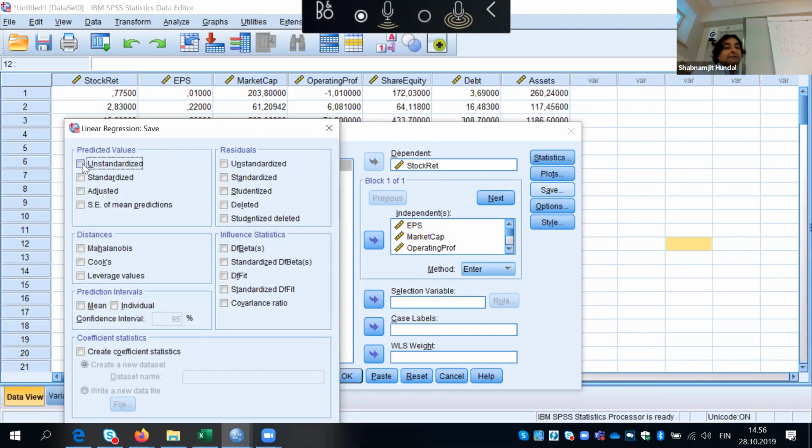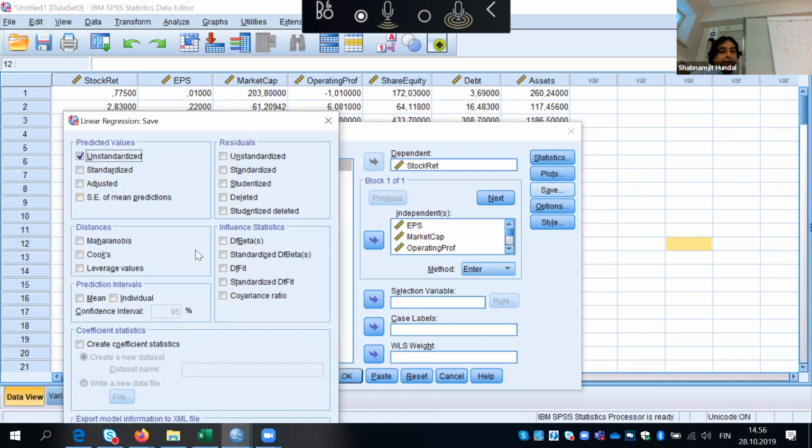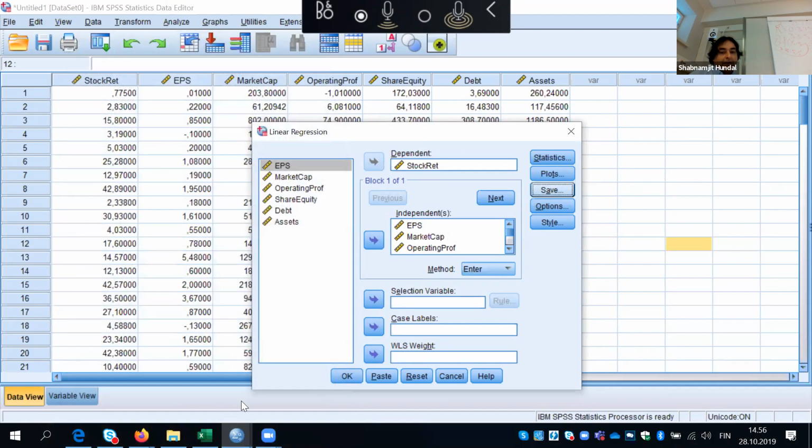And unstandardized. Unstandardized means the numbers, not the ratios. Because when I say the word standardized, it means the ratio. Use the word unstandardized. Predicted value unstandardized. And then guess what happens? If I click OK, continue, and OK,